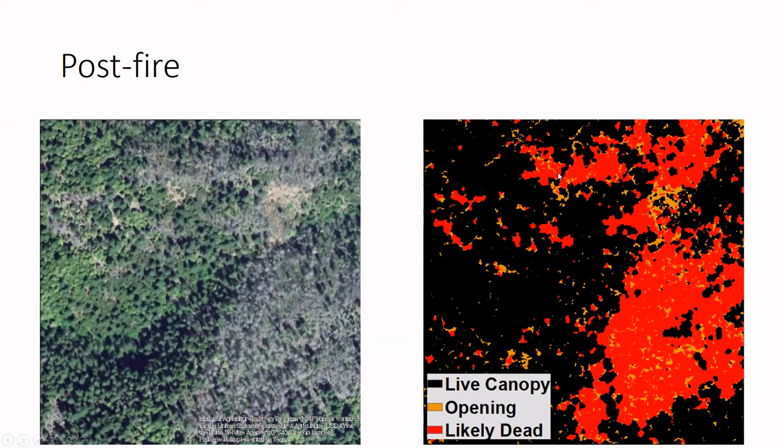And also, just to sort of demonstrate to yourself that this does in fact seem to work, you can take any spot on the right where you see a mortality patch, and then just take a look at the same spot on the left. And there will pretty much always be something there. Maybe the shape is a little bit wrong, but by and large, if you can trust your eyes, it does seem to be correctly measuring where the dead trees are.